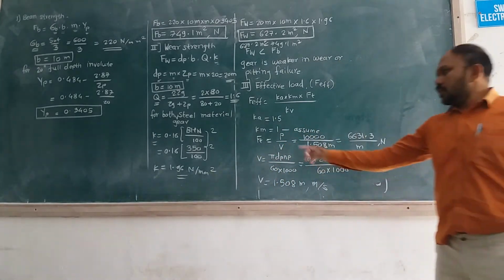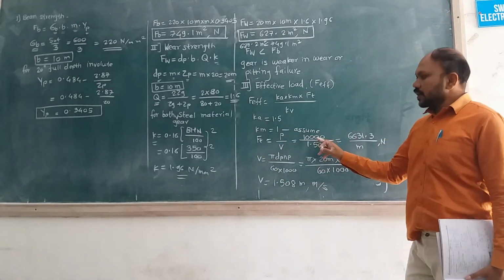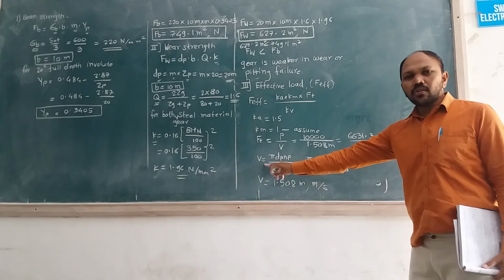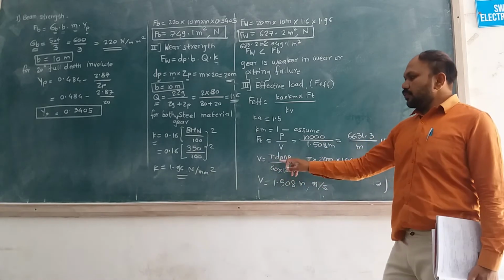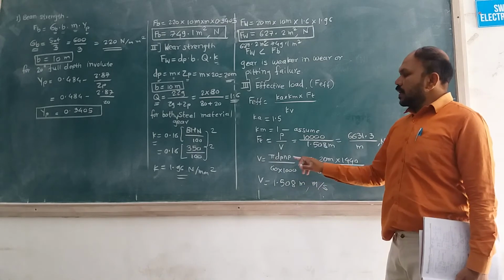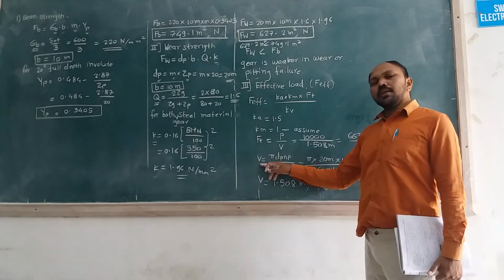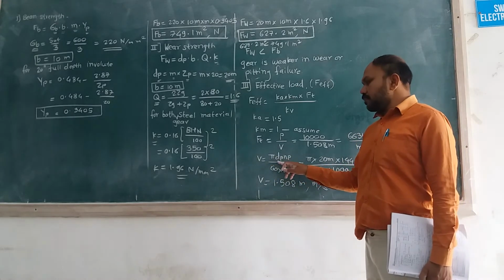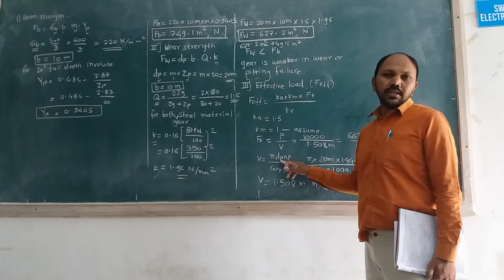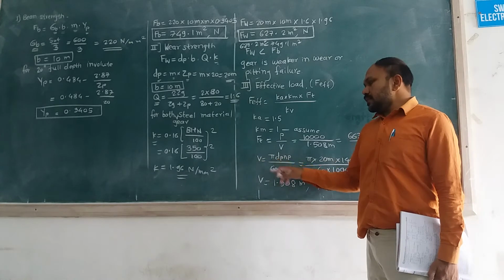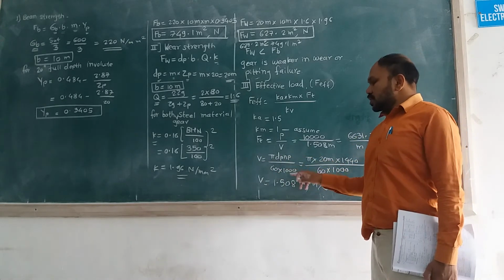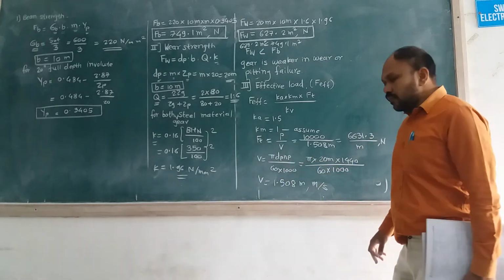Okay. So power is 10,000 watt. V is calculated by using this formula, pi into dp into np upon 60,000. If gear values are available, then same formula, that is v is equal to, in place of dp and np, you simply substitute the dg and ng. So v is equal to pi into dp into np upon 60,000, because dp and np both values are available.